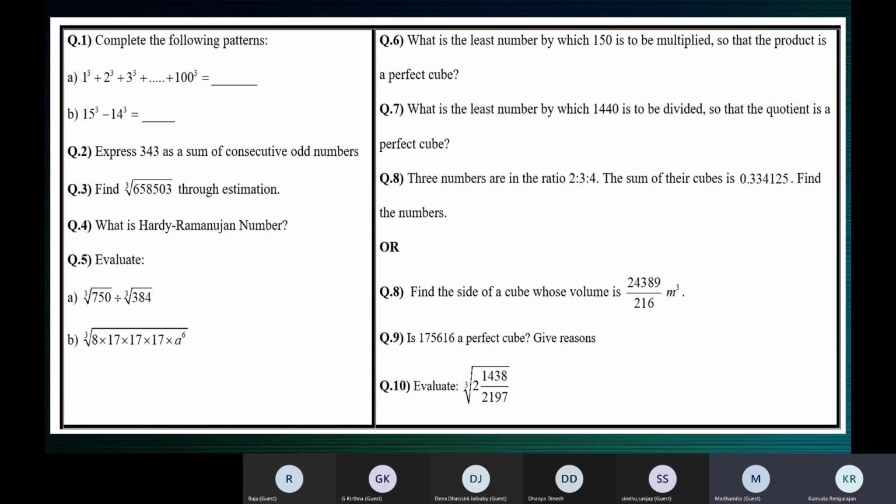Excuse me, ma'am. Ma'am, I have a doubt about the first step. Can I ask? Yes. Ma'am, in the first step, we can do it as the cube root of 8 into 17 power 3 into a power 3 into a power 3. All right, but here we can take all the numbers, I mean, we can remove the cube root from all the numbers. But what can we do about 8, ma'am?